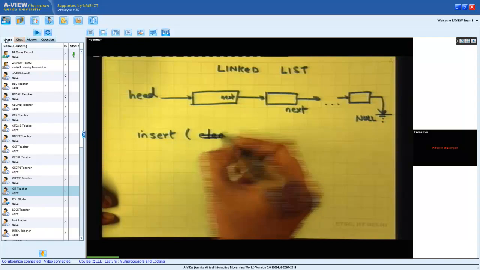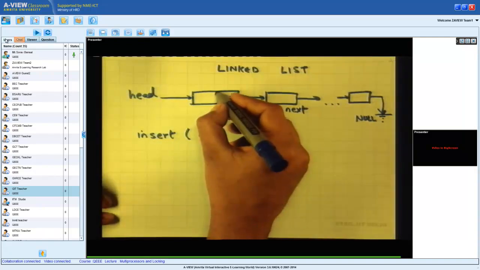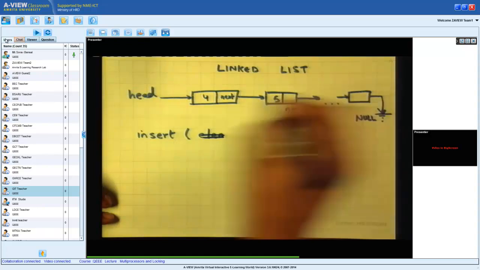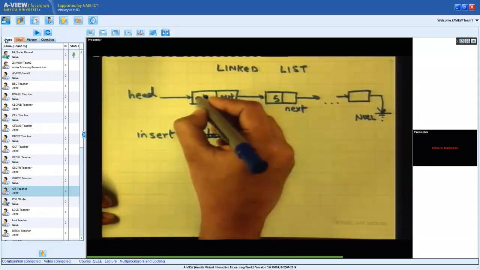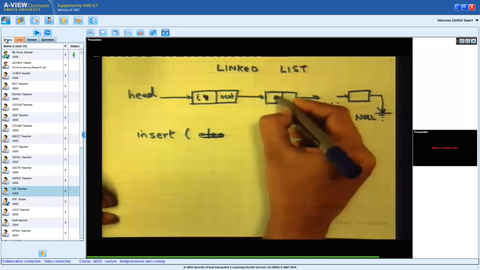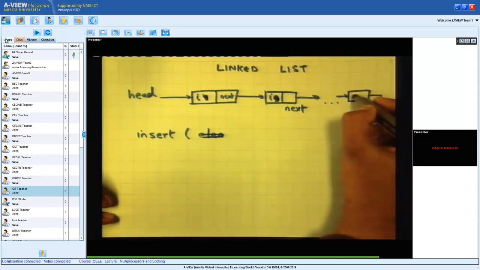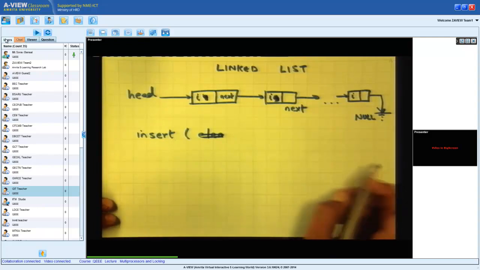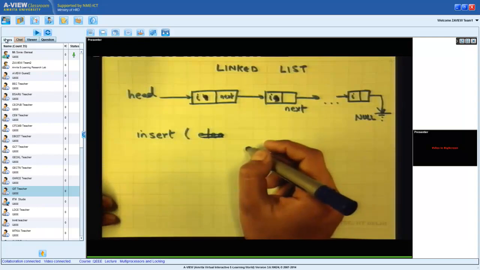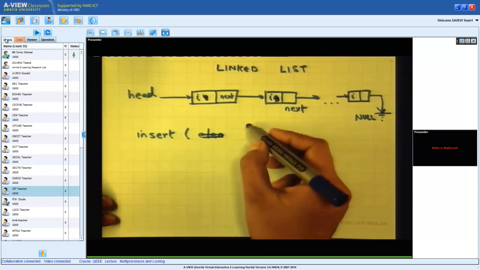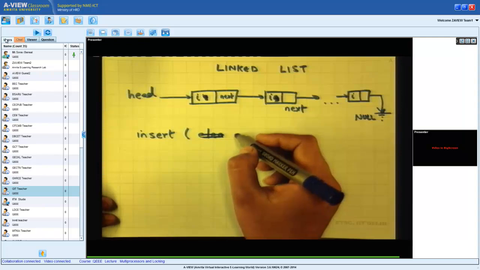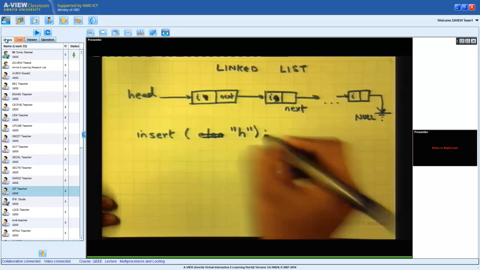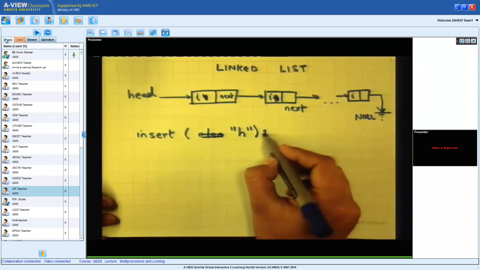Let's say I want to insert data. Let's say I want to represent a string as a linked list, so let's say I want to say IIT Delhi. So it's I, I, T, and so on, up to the last word, also IIT Delhi. Now I want to insert another alphabet, H, and let's say each element has one alphabet in this structure.